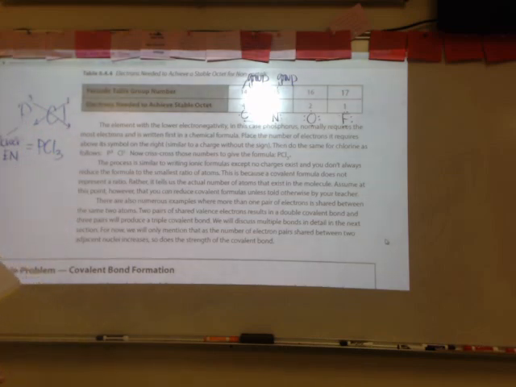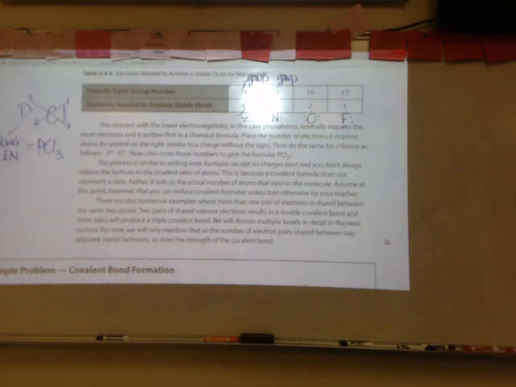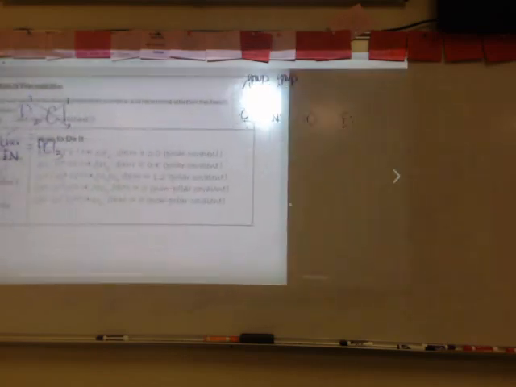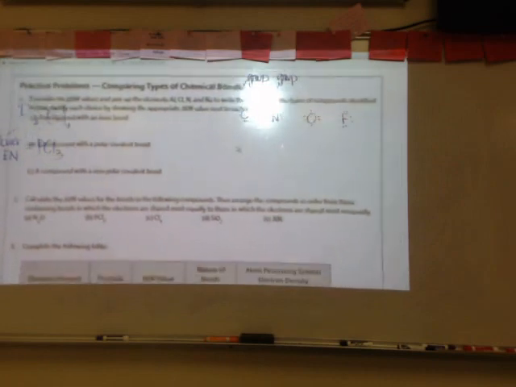It shows you how many of each you would need in order to have the proper number of valence electrons and for that to be a stable molecule, okay? Now, if you take a look at the practice problems on the next page, right here,